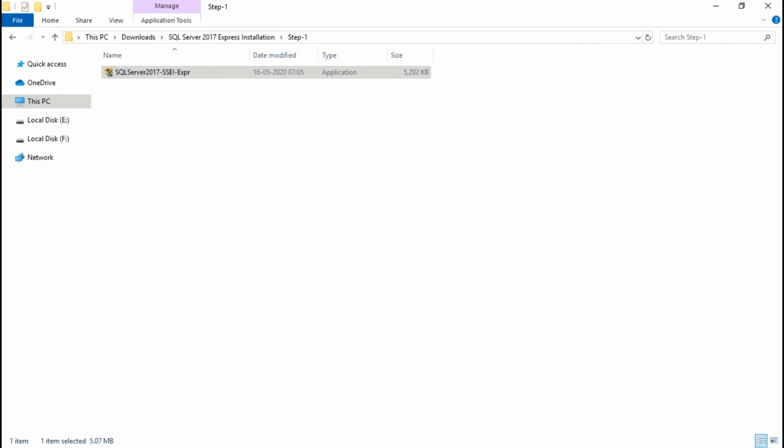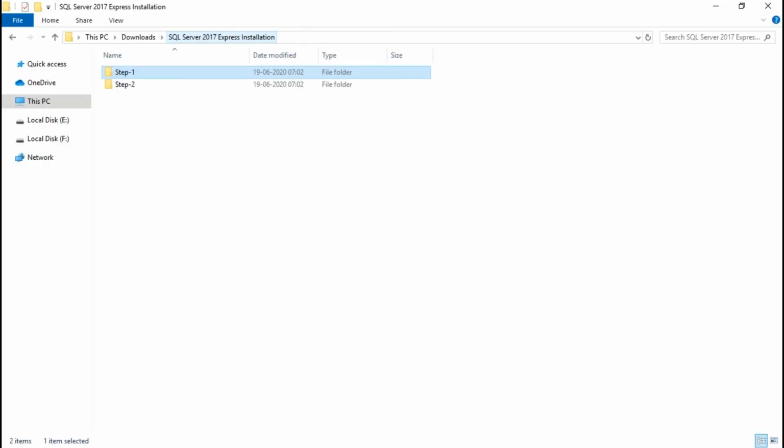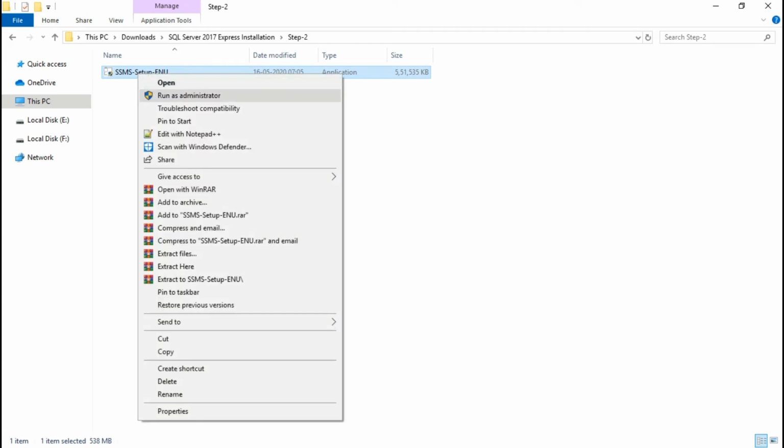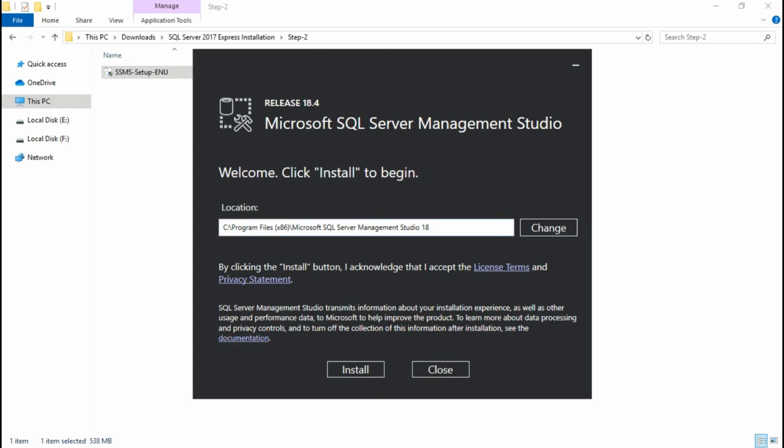In step 4, installation of step 2, we will go inside the folder step 2, right click and run as administrator. The location we don't need to change, we just need to click on install.